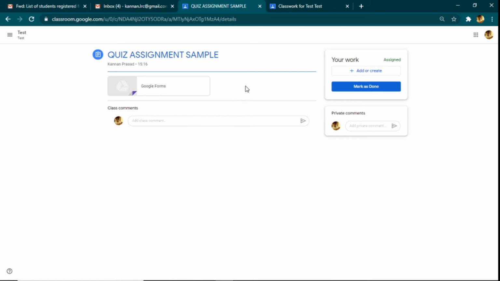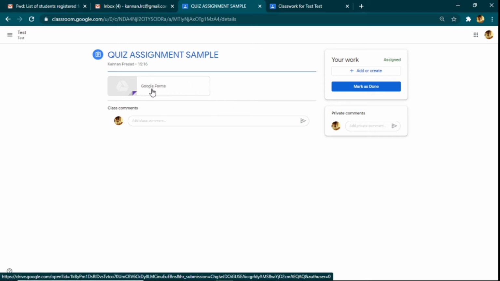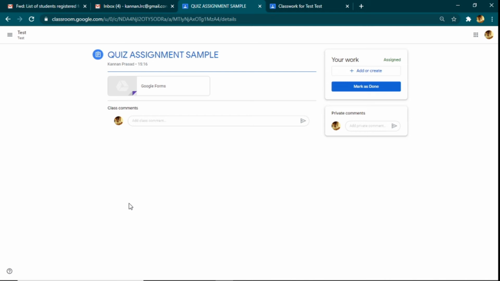You could just click on the answers, right? It would be like any application, right? That is how a Google form would be. It is very user friendly. You click on the Google form, it will open a form for you. It will ask for your basic details. It will give you questions, and then you could answer by clicking on that answer, right? If you click on the answer, that answer will be selected. So let's say there are 5 questions. In the bottom there will be a submit button. After you complete everything, you click on submit. I will get your response. So this is how quiz assignment works, right?